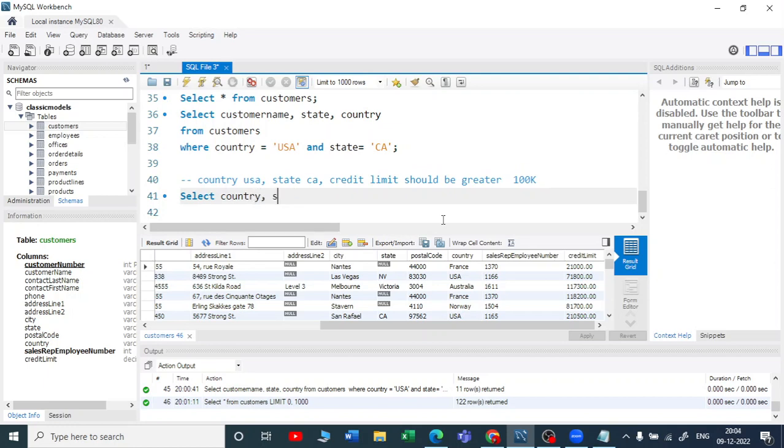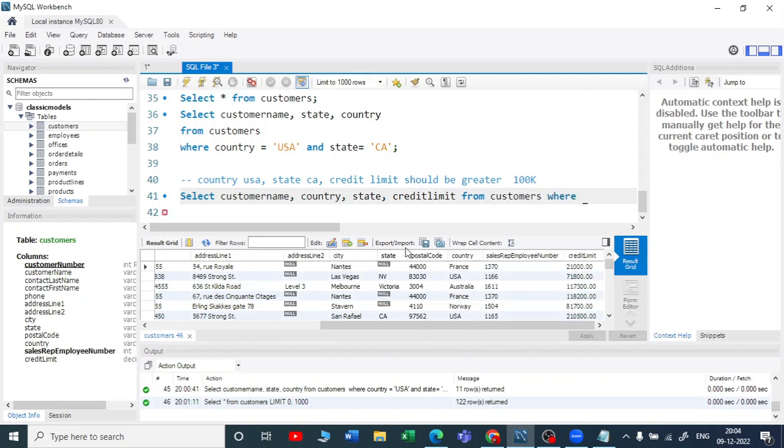Sorry, let me take state, and I want the customers also. So let me take customer name, country, state, and the credit limit from customers table,